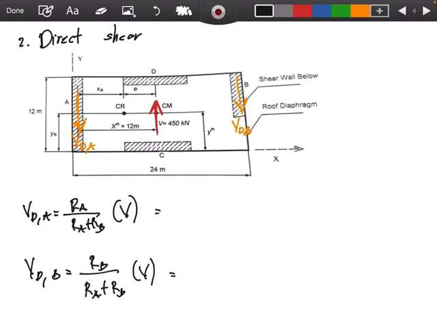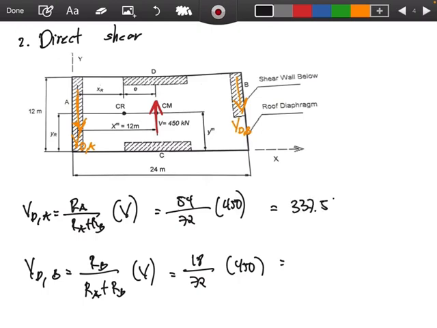So, ano ang RA natin ulit? RA is 54 over 72. Tama? 54 over 72. Times 450 and 54. This is 18. 18 over 72 times 450. Okay? So, this is 337.5 kilonewton and the other one is 112.5